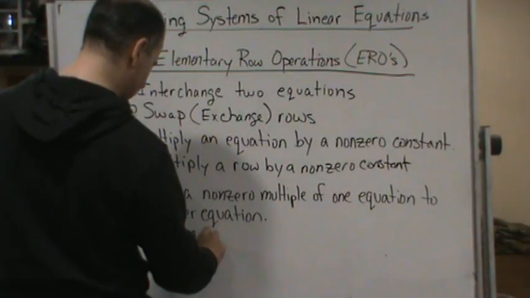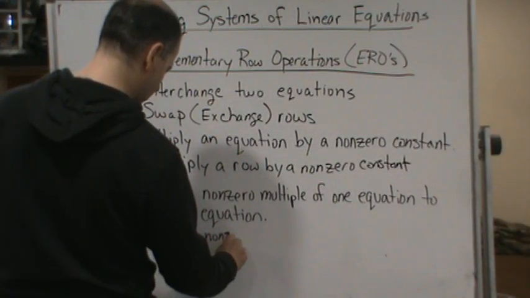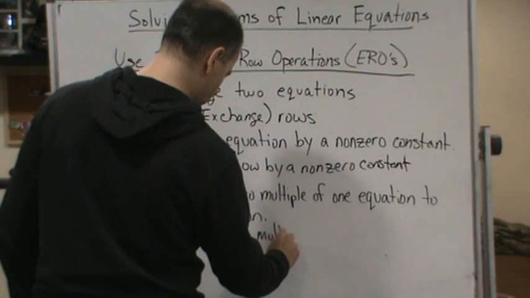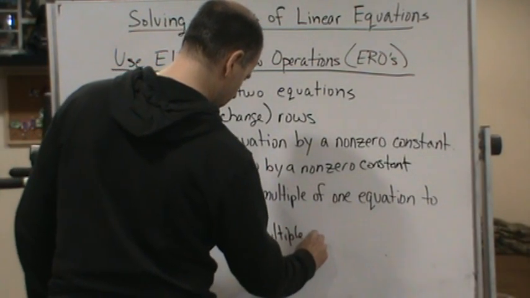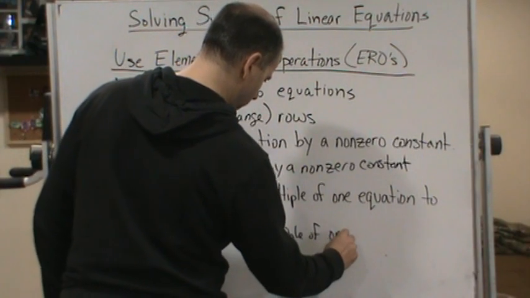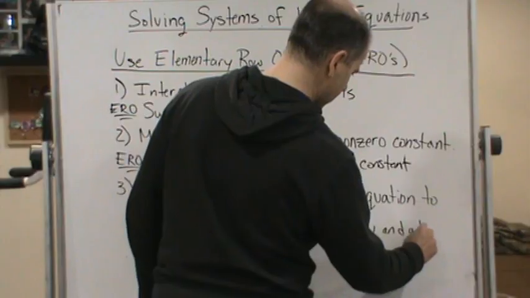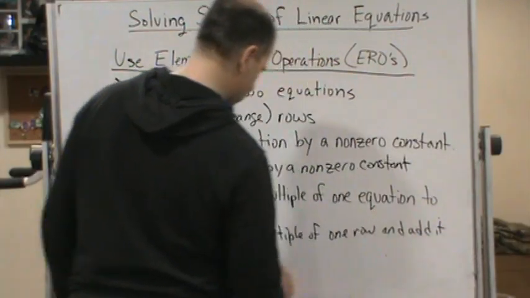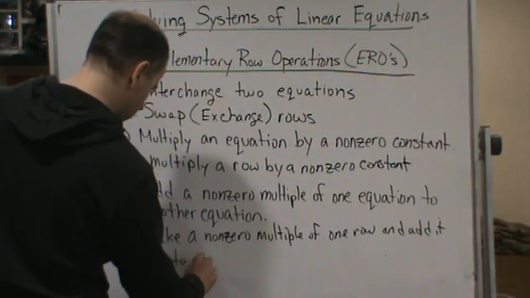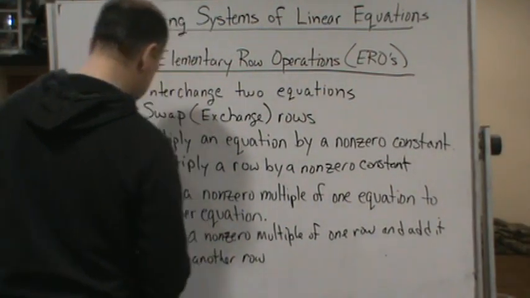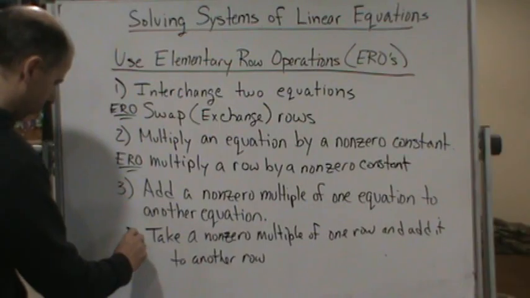So we could take a non-zero multiple of one row and add it to another row. And so this would be the third